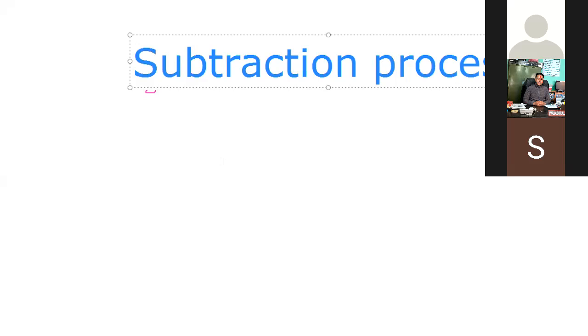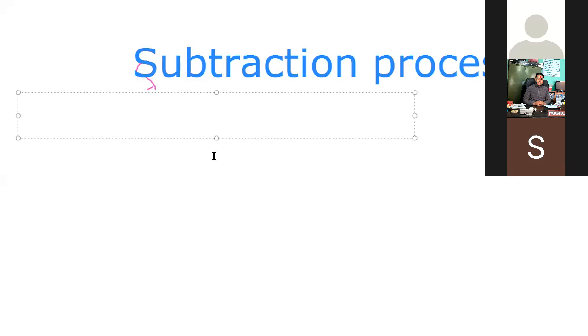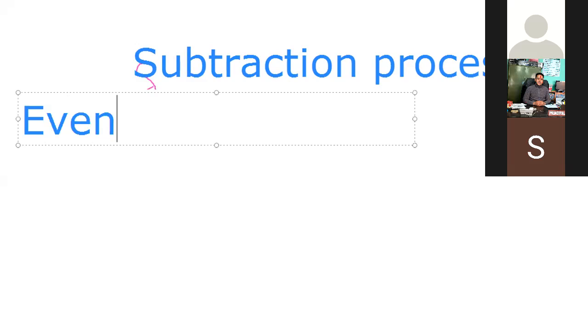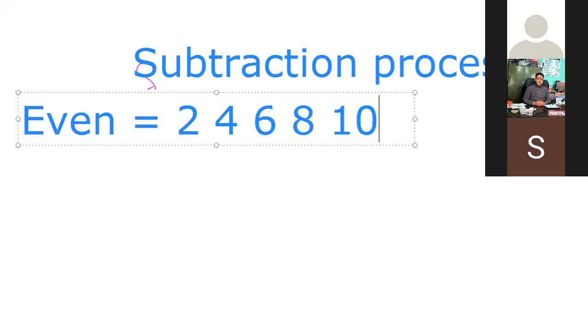First of all, tell me what are the even numbers and what are the odd numbers? Even numbers are those numbers which are multiples of 2 and 4. Okay, even means, for example, 2, 4, 6, 8, 10, 12, 16. Means all those numbers which we can divide by 2. Yes, correct. Now all the numbers divisible by 2 are known as even. Then what is odd then?